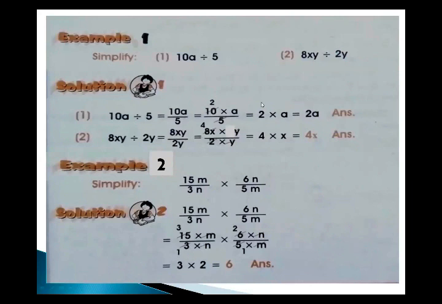It is also okay. And the second question is 8xy divided by 2y. We write it again the same way as the question over here. We write this number as the numerator, and after the divide sign, we write this number as the denominator. So 8xy is the numerator and 2y is the denominator. Here you see there is a y in the denominator and also a y in the numerator. Then we cancel this y. But in your book there is a mistake. They write x over here again.